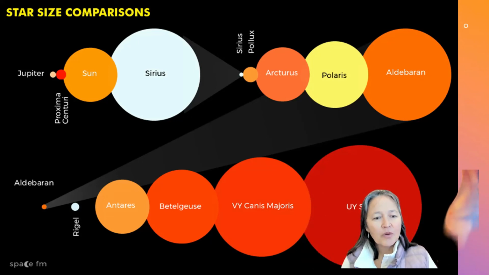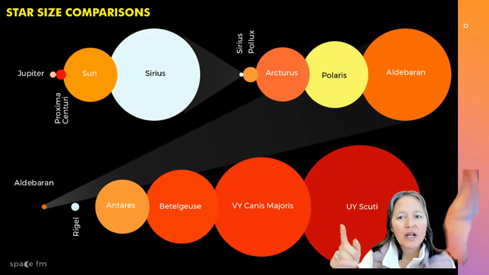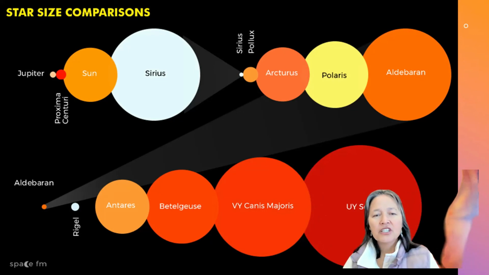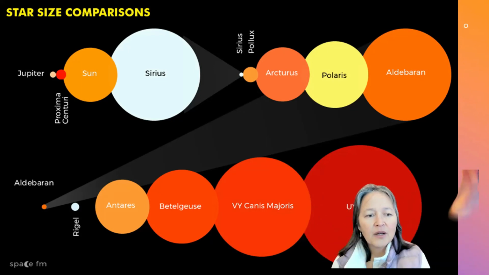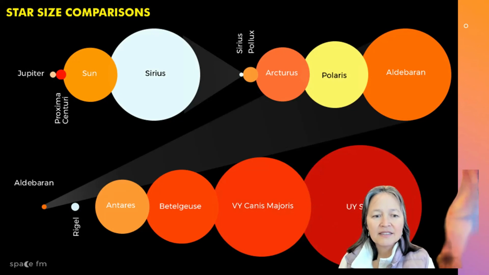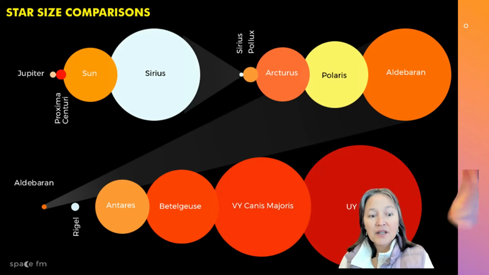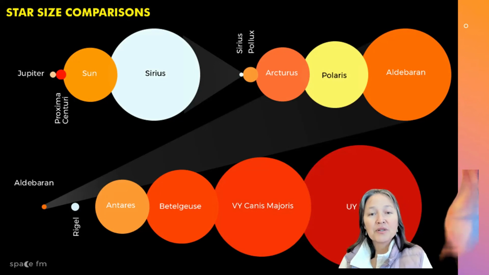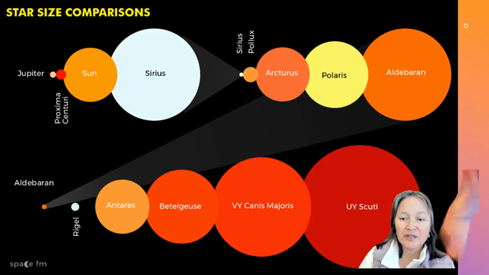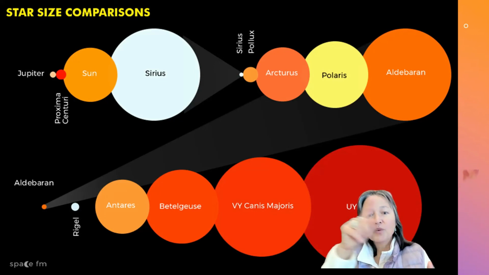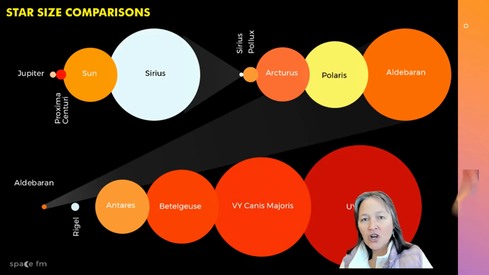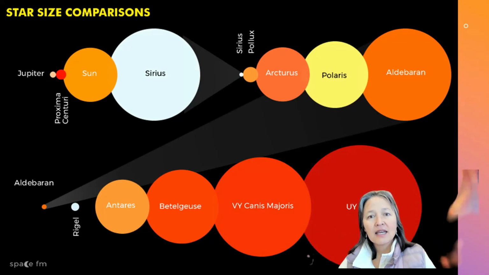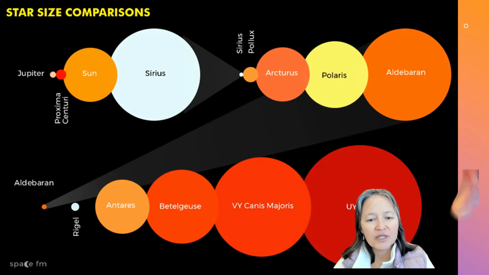All right, now we move to this level where we bring Aldebaran down here. Just when you thought Aldebaran looked big, well, compare it to Rigel, who's even bigger than Aldebaran, who is smaller than Antares, who is smaller than Betelgeuse, who is smaller than Canis Majoris or Canis Major. I don't know. And I don't know who Scooty is, but here we go. Look at the scale of these star sizes. So for me, it's about, yes, mass and brightness. And what kind of star are you exactly?